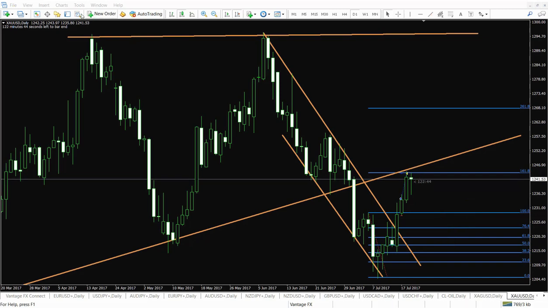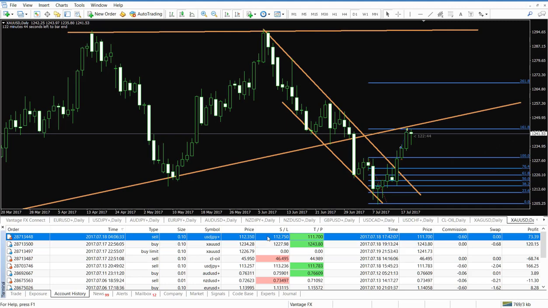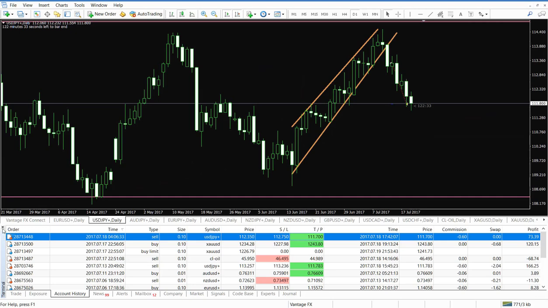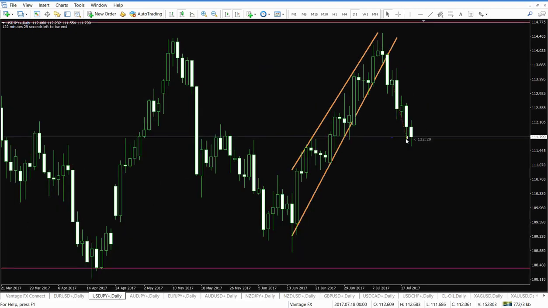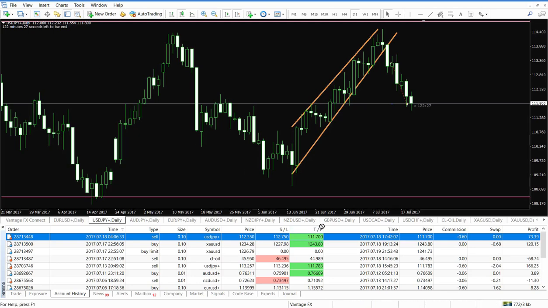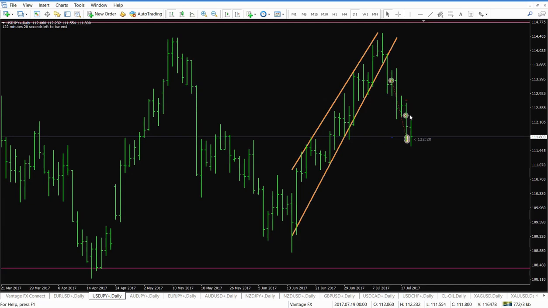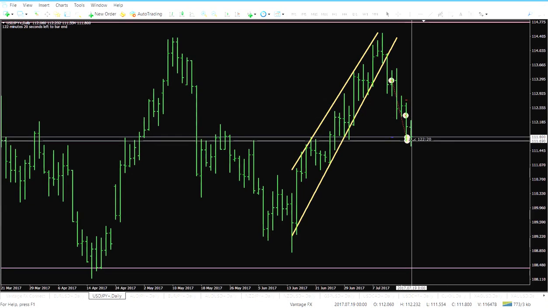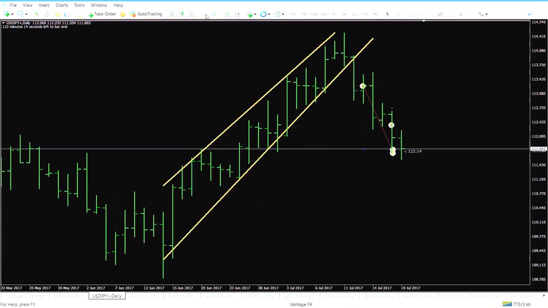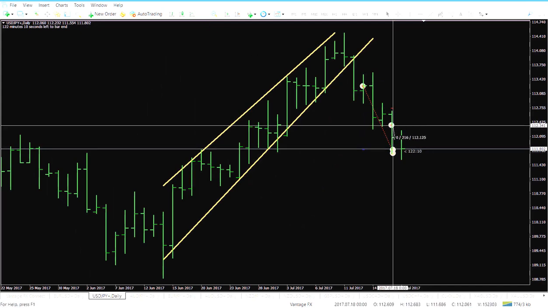Okay, let's look at the next position that we had. So it's USDJPY, and we had a $73 profit. Let's take a look at USDJPY. Yes, we got it stopped out here. This is the second position, I think, in USDJPY that we had. Yes, if you can see, this is the second position, and we drove this down here. Okay, 64.5 pips and